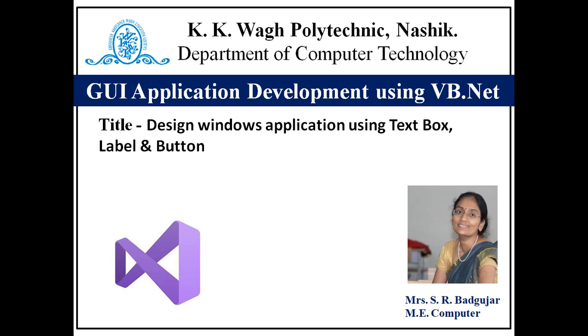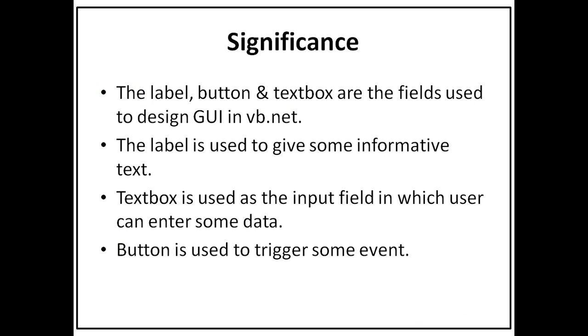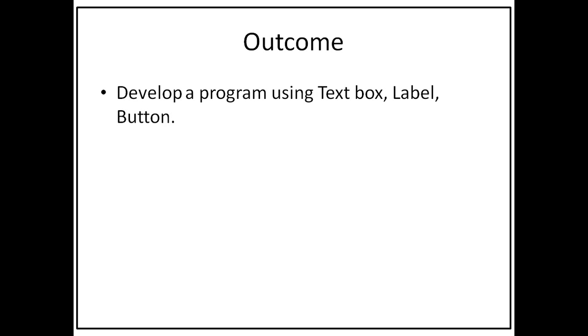In this lecture you will learn how to design a Windows application using text box, label and button. Significance: the label, button and text box are the fields used to design GUI in VB.NET. The label is used to give some informative text. Text box is used as an input field in which the user can enter some data, and button is used to trigger some event. After completion of this lecture, you will be able to develop a program using text box, label